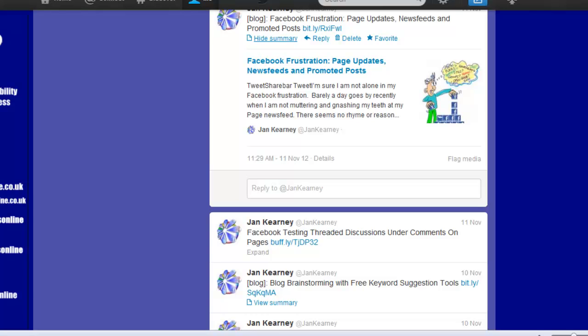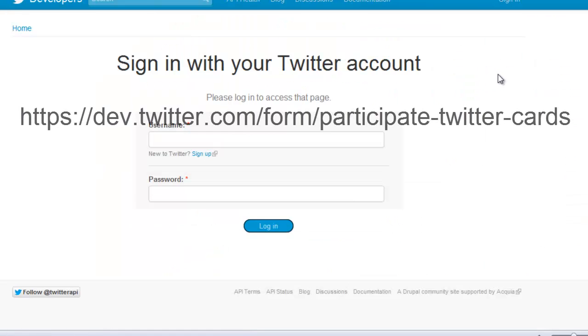However, you can't just put your Twitter name in and tick the Twitter card box. You do have to apply to Twitter to do that. And you do that over here at dev.twitter.com/form/participate-Twitter-cards, and that will be up on the screen now, and I'll also leave it in the blog post as well. So sign in with your Twitter account, complete the form, and wait for them to come back to you.